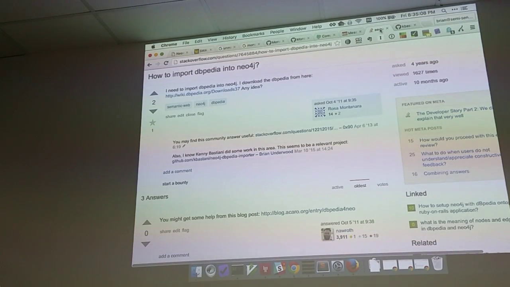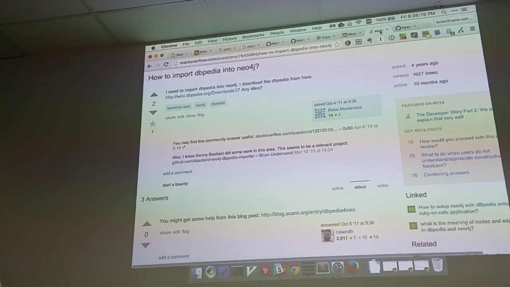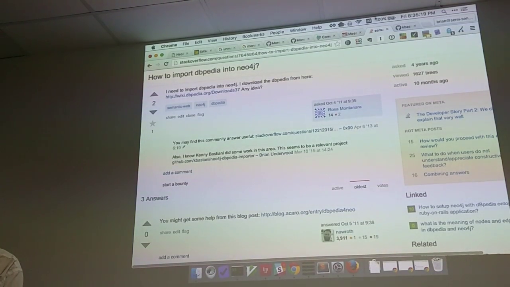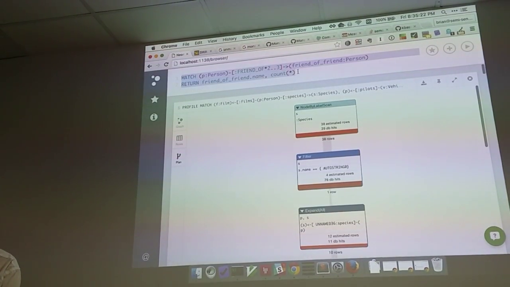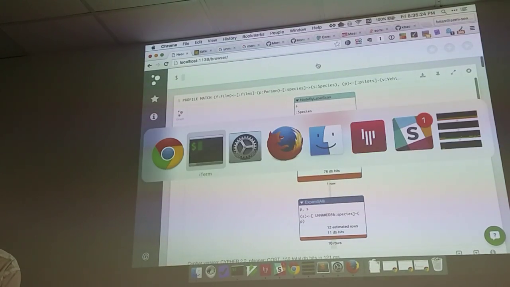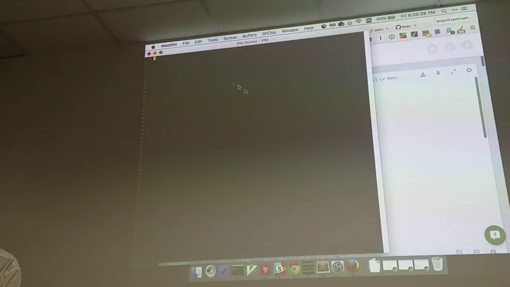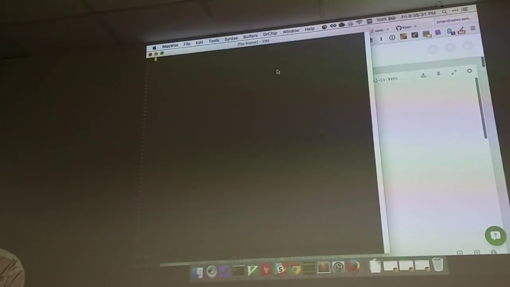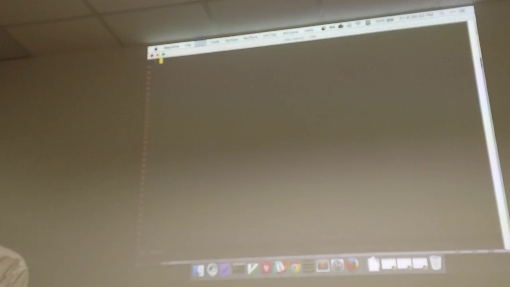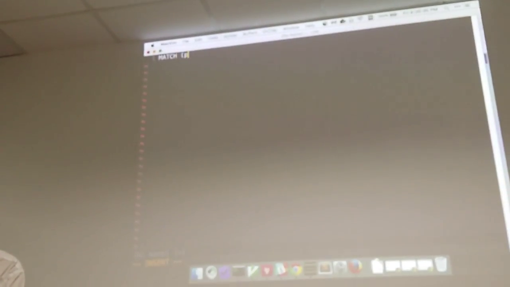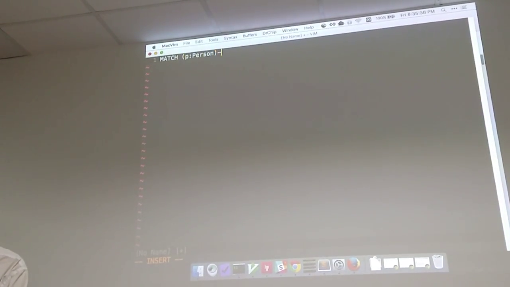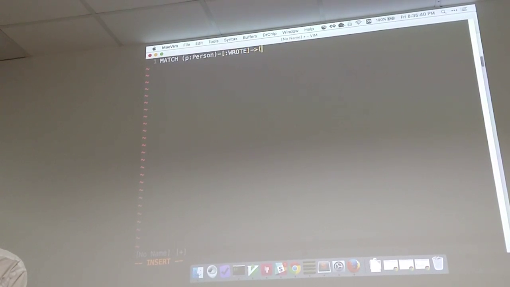There is a functionality in Neo4j where, if you make the same query multiple times, it won't cache the result, but it will cache the query plan. And there's another thing that I should mention. If you're making a query in Neo4j, let me actually open this in Vim, because this isn't something you could do in the web console. Say you have match person wrote post, something very simple,